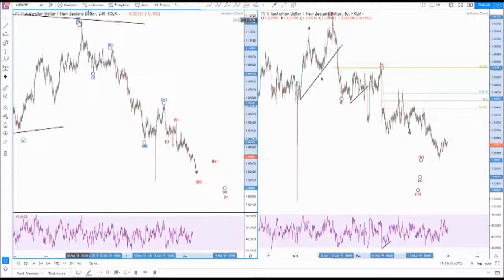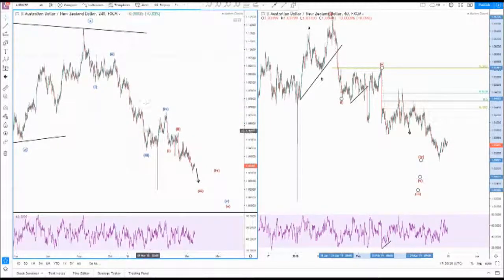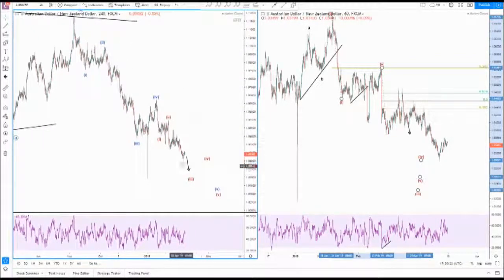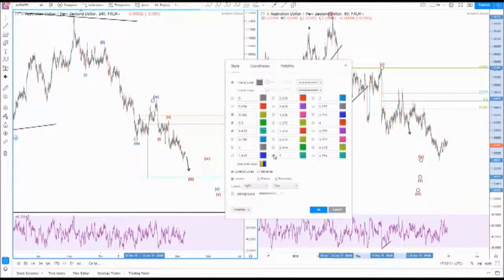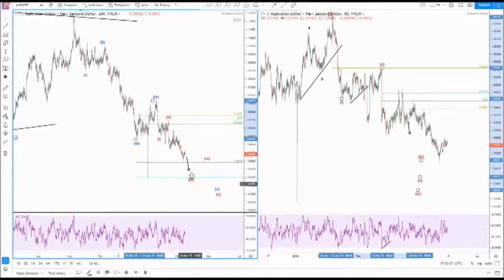So, since the triangle completed here at wave E, we've had 1, 2, 3, 4, and now we're in final wave 5, which will have 5 subwaves. If I use one of these little fib tools, it can actually tell us where we can expect to see a bottom. If I put 200% on, okay, and a 1618. We're probably nearly there now. Yes, we're at the 1618 right now, but I would like to see us closer to this 200%. Okay, so it's possible we're seeing wave 3, almost done here,